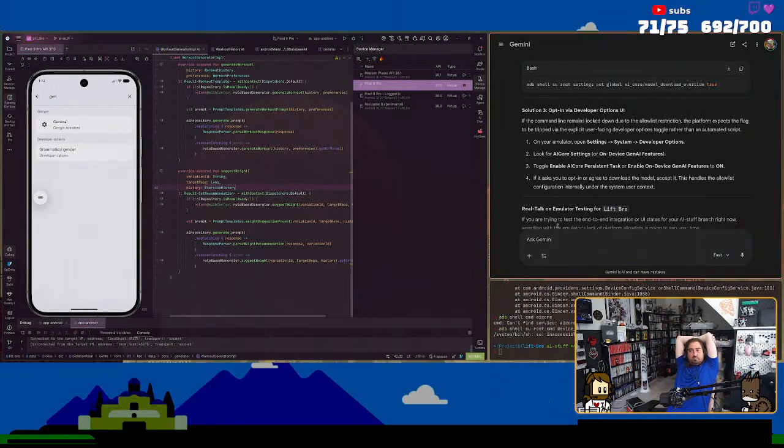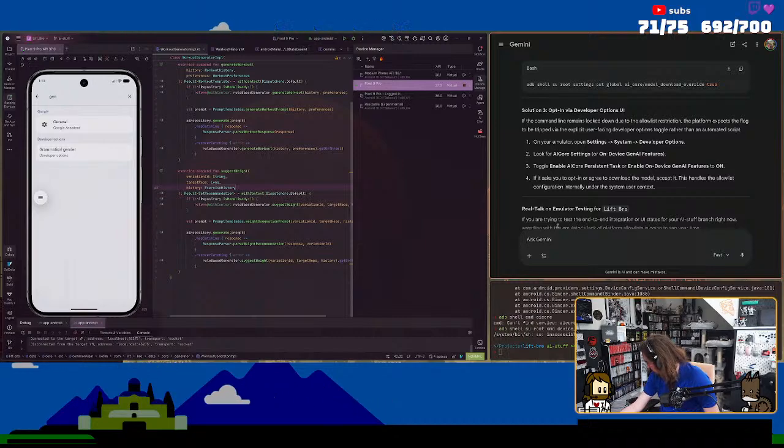So it looks like I need to do this on a device then. Which means I would have to plug in my phone, which means I would have to share that, which I don't want to do because that'll do a bunch of other stuff. I don't think I have a device that I can run AI on locally. I do have a Samsung phone somewhere.